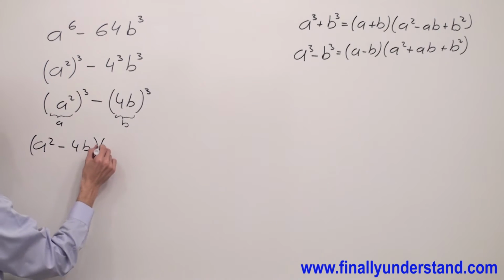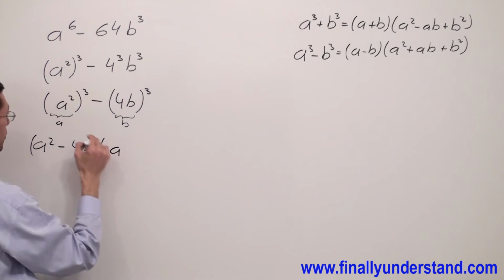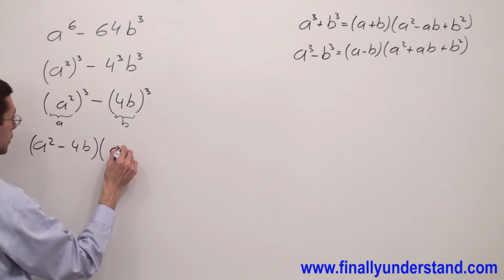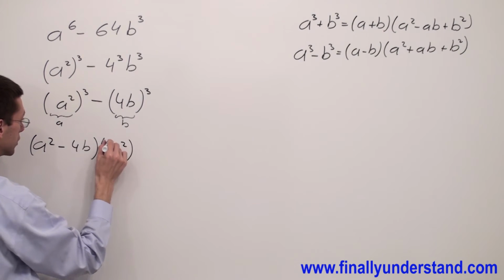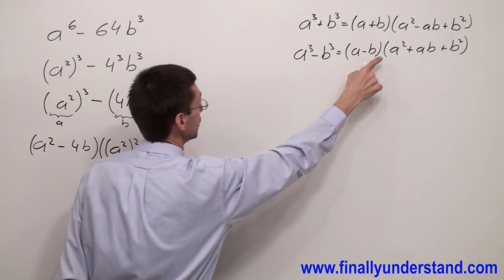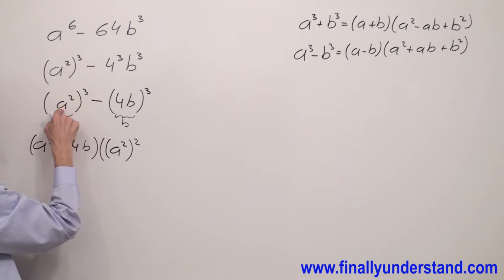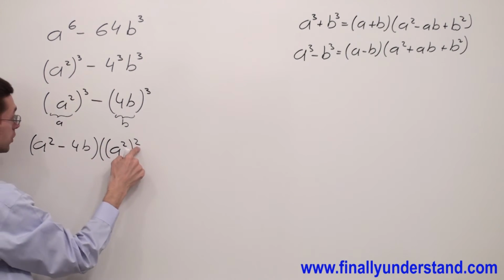Close parenthesis, open parenthesis, and I'm going to have a square. I simply copy down a square, and I have to raise it to the second power, because remember, this is my a square, it has to be raised to the second power,